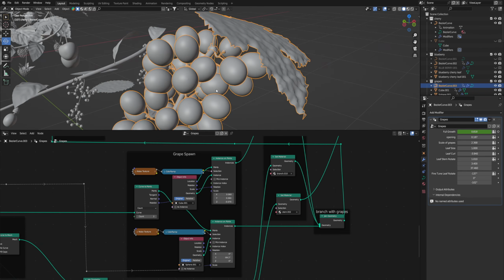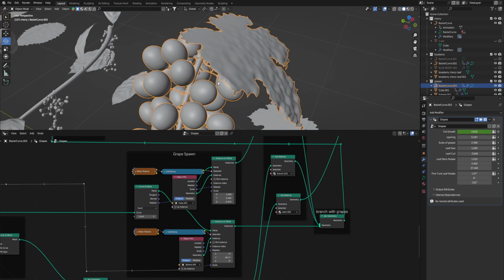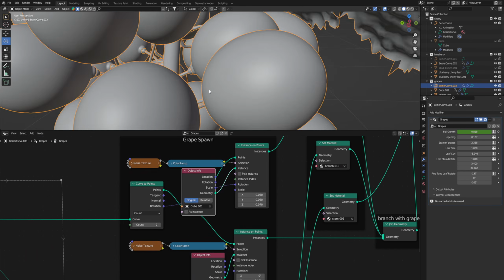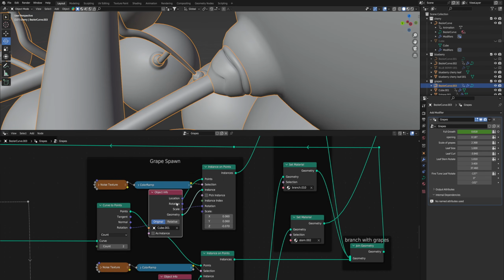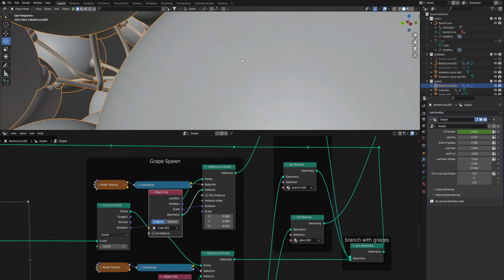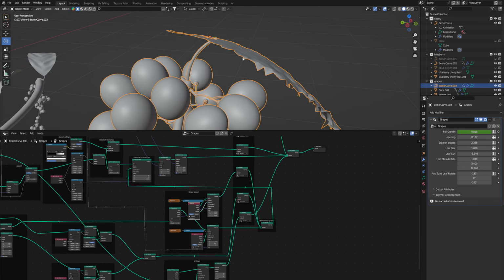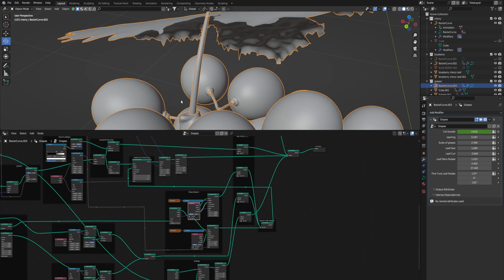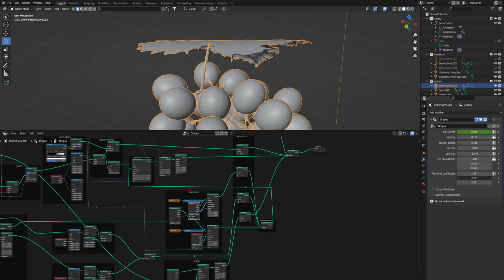In the downloadable grapes too, there's just a few more things that I added that are not really needed to go over in the tutorial, but it's pretty much using the exact same methods in the same group as the grape spawn. I just added a little modeled end cap here for the beginning of the grapes. I just used instance on points and scaled them until it looked like they were at the end of the grape here. It adds a little bit more than just a normal cutoff like this. And then also at the top, I just added a leaf, which is generated through Midjourney, and then just a stem coming off too. So this has some rotation and some turning for it.